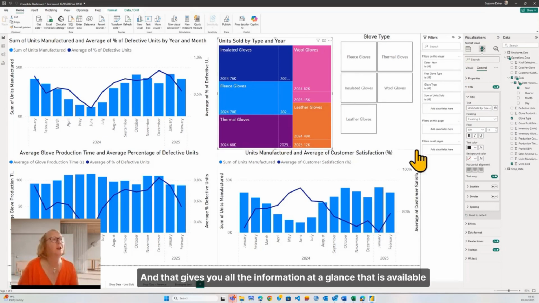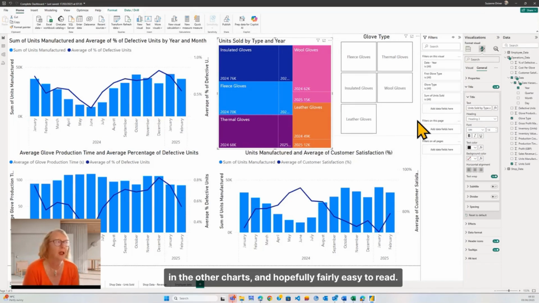And that gives you all the information at a glance that is available in the other charts, and hopefully fairly